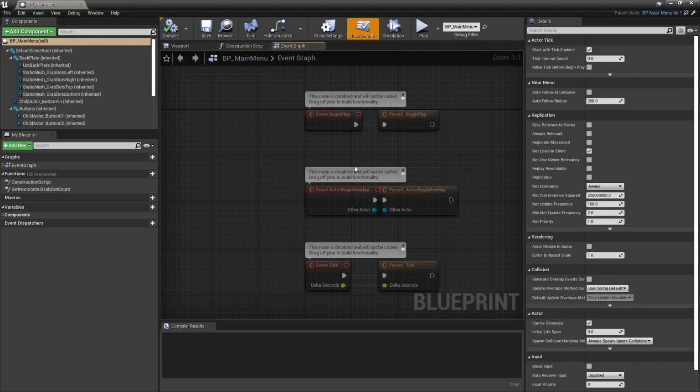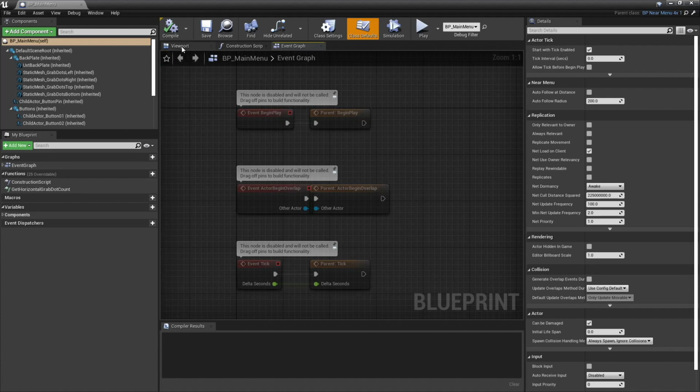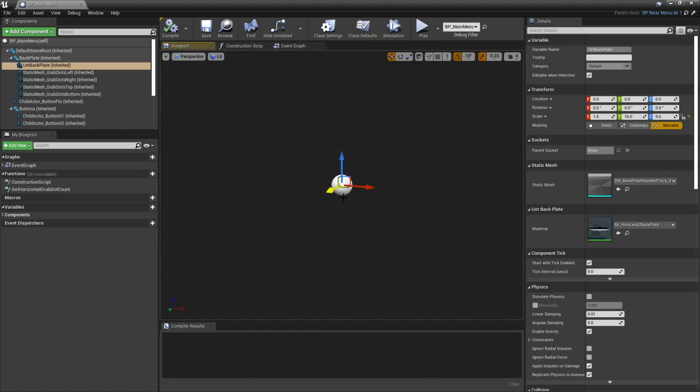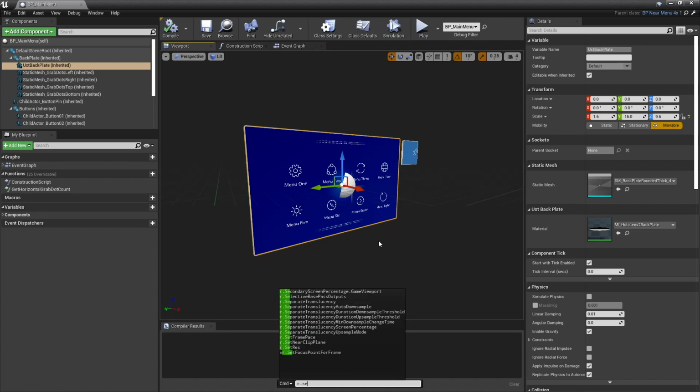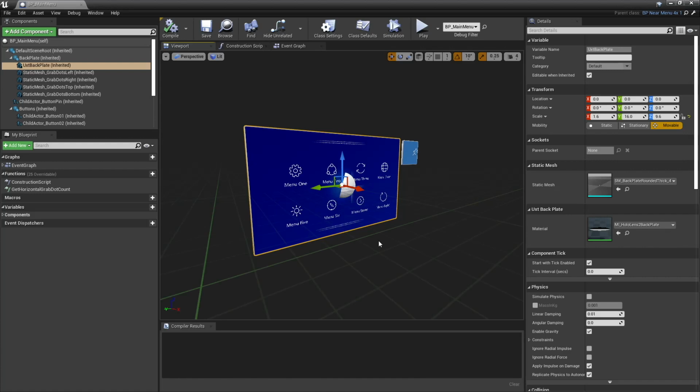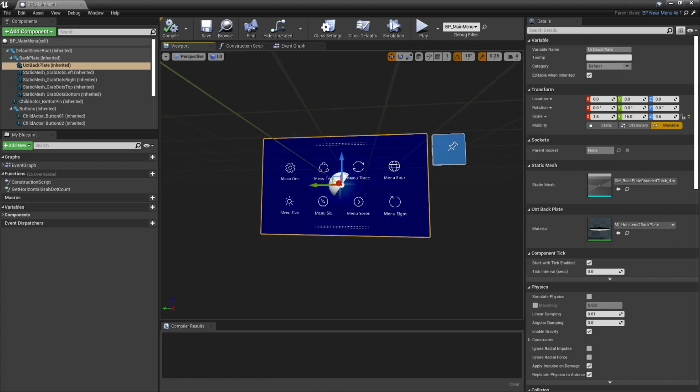So if we open up the blueprint, you'll see there's quite a few things going on in here. First thing is I'm going to set my near clip plane to be a little closer just so we're not clipping into ourselves.